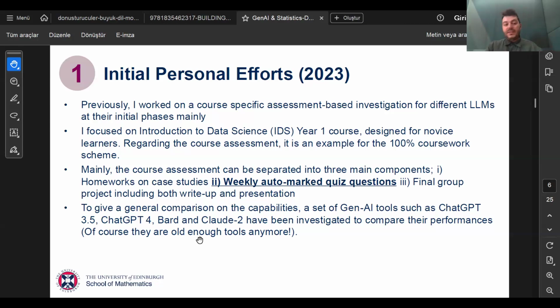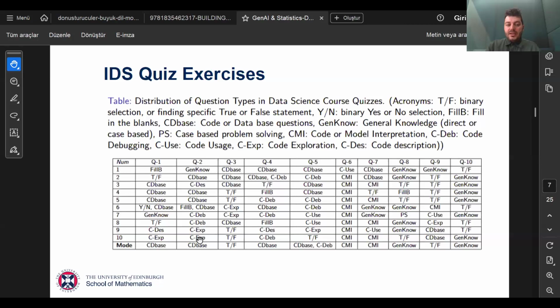And in those days, we didn't know that these are just very naive and humble approaches, I would say. I guess nowadays, whatever we are asking as a multiple choice question, especially the recent models are doing better and better from that perspective. So this is a kind of the data science course quizzes, let's say, types that I manually created and also